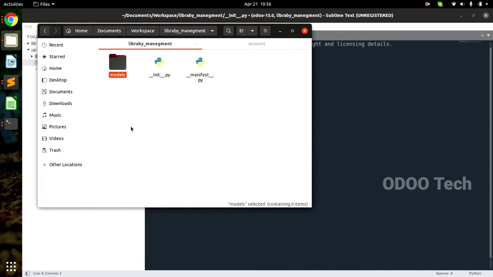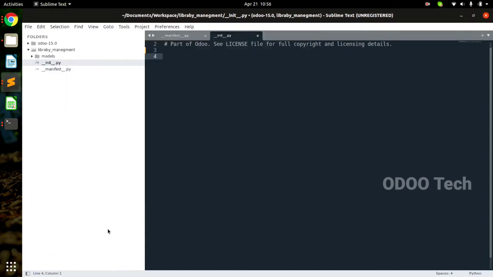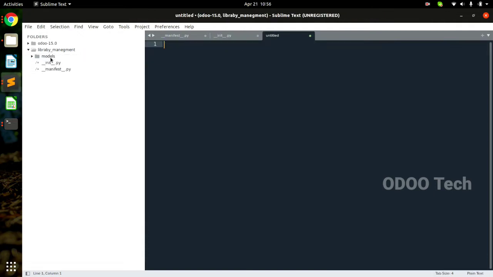Basically, what is a model? A Python class in a Python file. I can also see on the backend side I got one folder. So let me create one new file inside. Now inside I have to write my Python code for the library management. Suppose I am making this module to issue books. To issue the book I am creating this module. So first of all I have to write this.